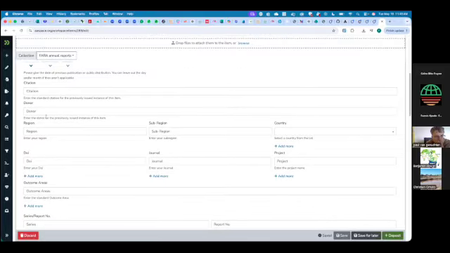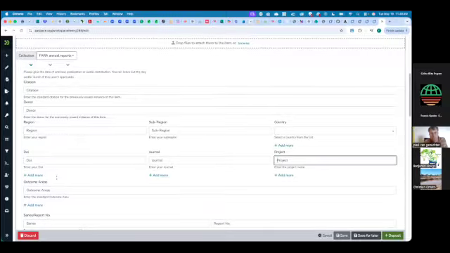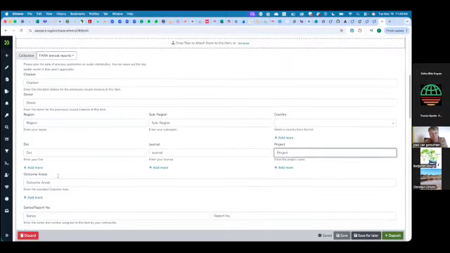Then there are certain options that we have created ourselves, like the donor. This is a custom field we added: the donor, the region, and the sub-region, because of the way we are working. And then the country. It also comes with a DOI, and the journal. If you are publishing in a journal, which type of journal did you publish in? And then if the publication is also under a project. Some of these custom fields were defined by us, so we can define as many custom fields as possible based on your needs.